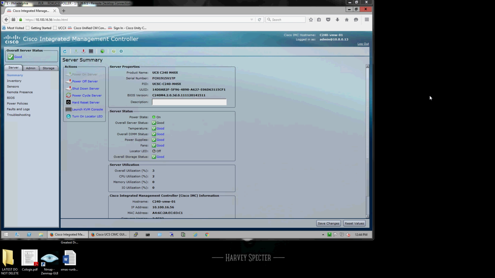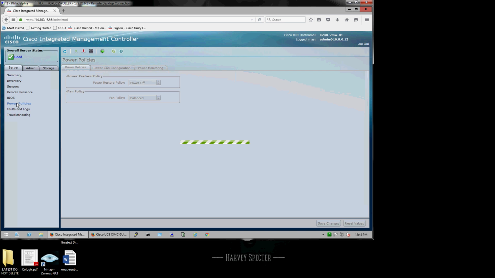Hello, my name is Mehtab Shinwari, and today the question of the day is how to change the boot option on a CIMC so that the ESXi host will boot automatically, let's say when the CIMC is powered up or booted up. For that, you'll have to log into the CIMC GUI, and you'll choose the power policies, and under